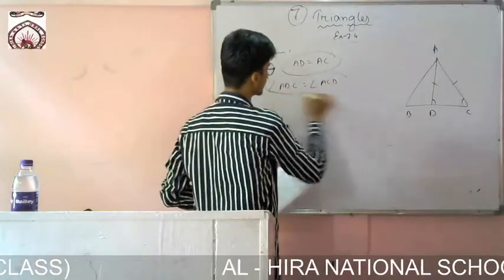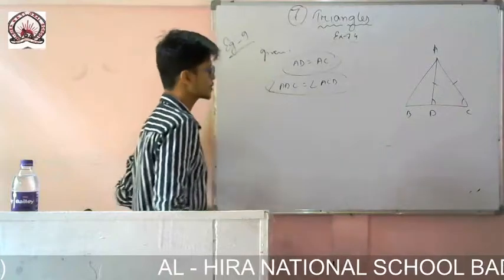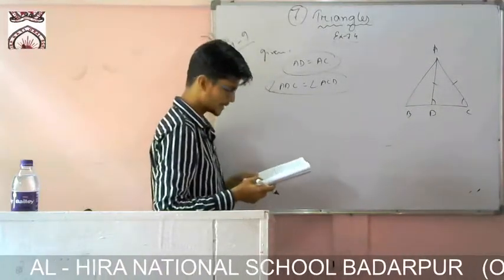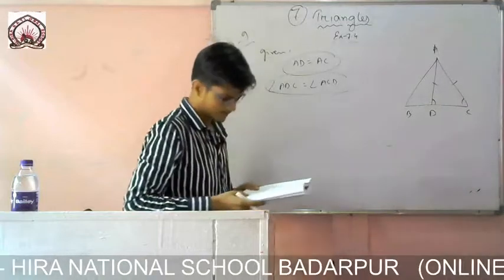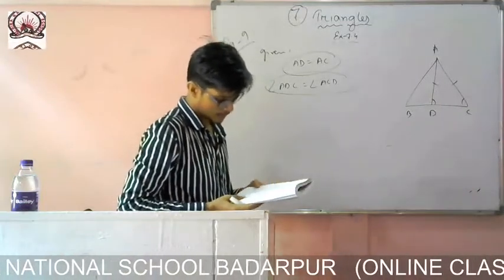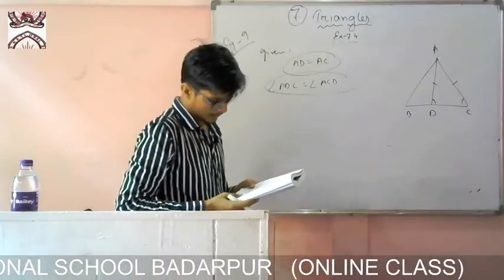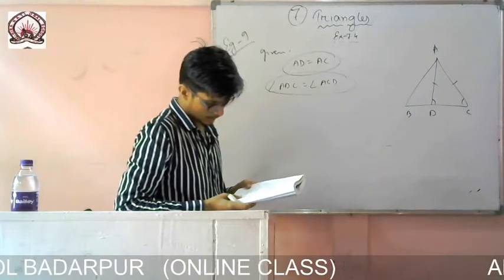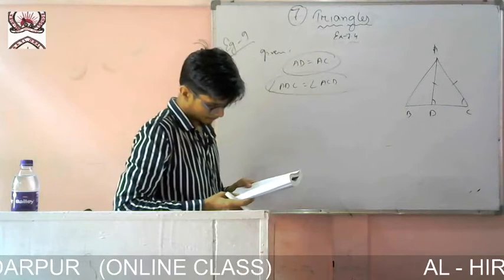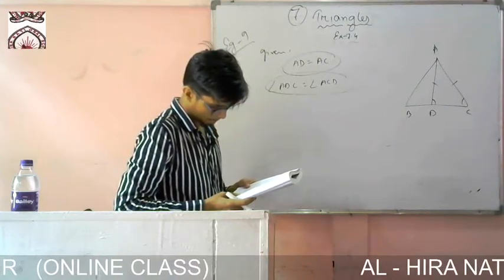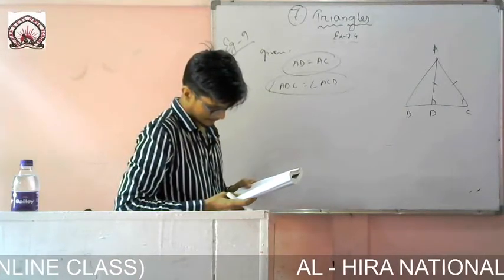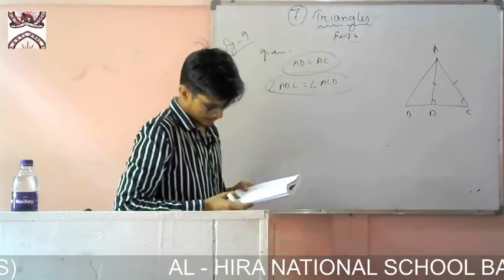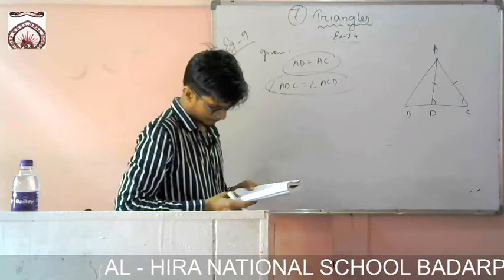Earlier exercise we have read this thing: angles opposite to equal sides are equal. So ADC will be equal to ACD. So this one you keep in mind. It is there in your book. So now you see exterior angle property, here it is used. ADC is an exterior angle. So if ADC is an exterior angle of triangle ABD,